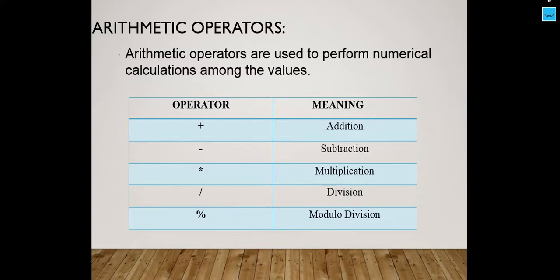You must remember, we just discussed this mod operator when we were discussing the flowcharts. I was explaining the concept of finding whether a number is odd or even. At that time, I introduced that modulo division is nothing but giving you the remainder of the two operands that you entered. Suppose you have written 5 mod 3. That means you divide 5 by 3, and whatever the remainder is, that is the answer of your expression.